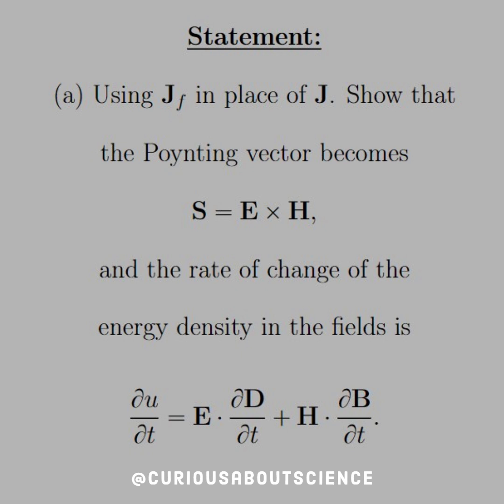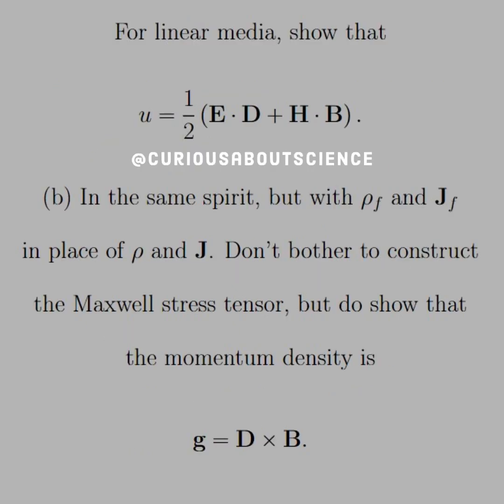The statement reads, Part A, using J_f in place of J, show that the Poynting vector becomes S equals E cross H, and the rate of change of the energy density in the fields is du/dt equals E dot partial D with respect to t, plus H dot partial B with respect to t. And then for linear media, show that U equals 1/2 (E dot D plus H dot B). For Part B, in the same spirit, but with rho_f for free charge and J_f in place of rho and J,